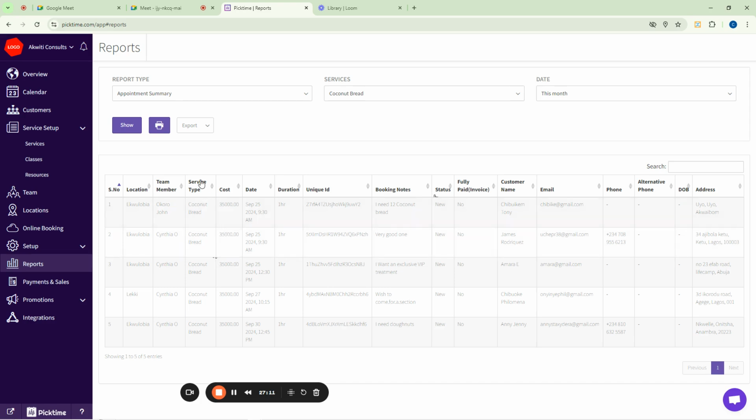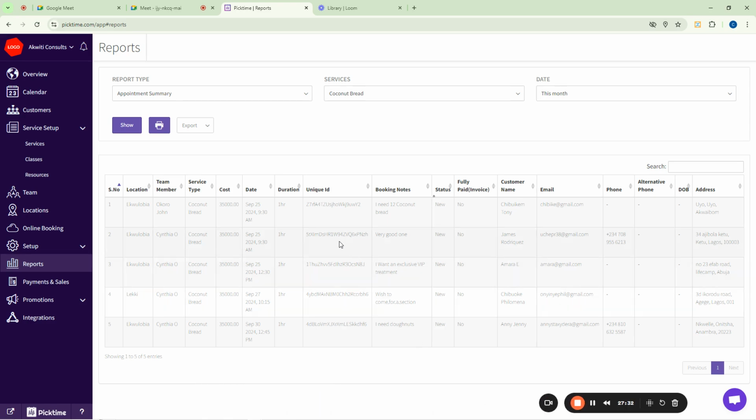And then which product are we selling most? Coconut bread. And then how much is it? 35 each. And then the day, you can see they are all here. Okay. And then we even have your unique ID. So if you book this with your real email address, it will come to your phone and you will see that you have made the booking with your email address, and they will tell you this is your booking ID. That is what this is for, for everyone.